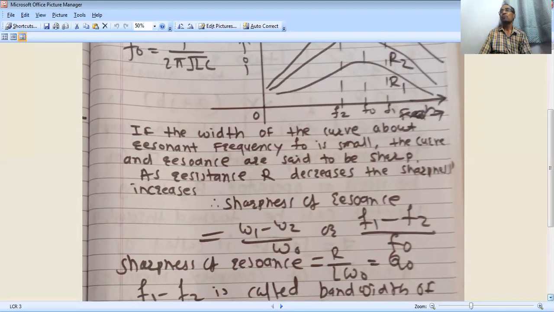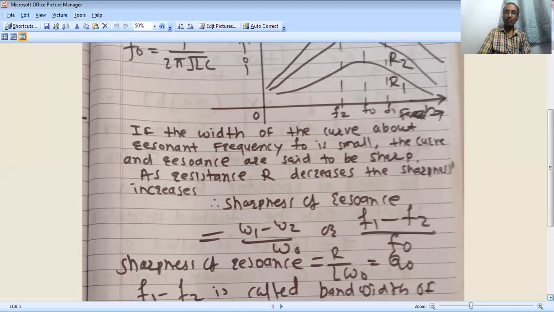For desired sharpness, suppose in any application you require the sharpness to be more, that is, the signal should be pure. Let us take the case of Akashvani Sangli Kendra, where the resonance frequency is 1250 Hertz. That signal should be clear, so the sharpness of resonance should be high. Understood? In another way, the sharpness of resonance is equal to R divided by L upon omega 0. This is equal to Q0.